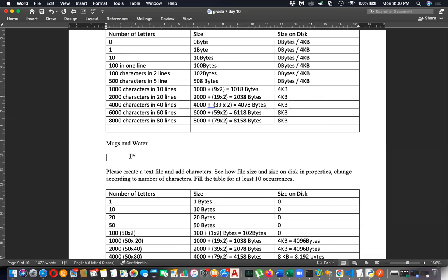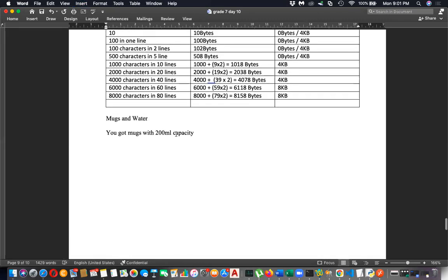Assume that you got mugs with 200 milliliter capacity. How many mugs do you need to put 1340 milliliter? How many mugs do you need?